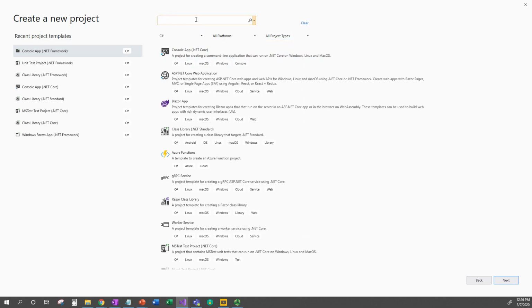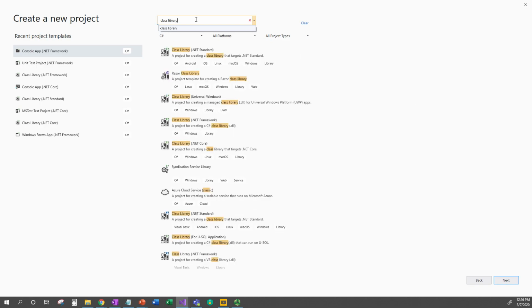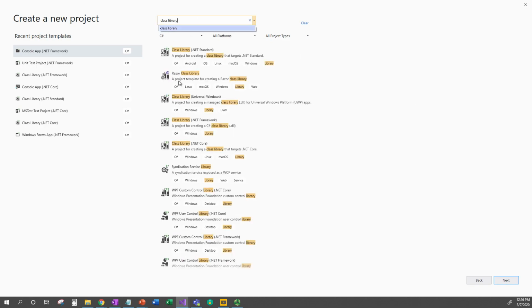And then up here, type in class library, and you'll see that there are several things that have the words class library in them. The one we're looking for is class library .NET Framework. Don't pick .NET Core, don't pick .NET Standard, make sure to pick .NET Framework. So we'll click it